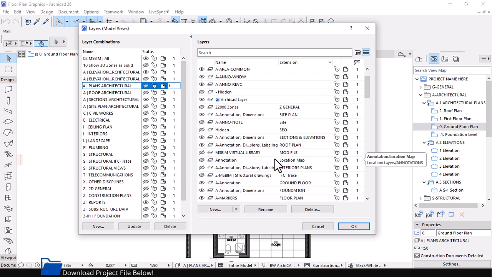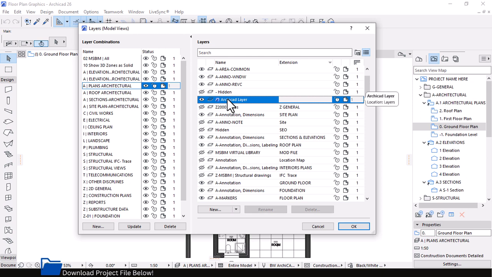There is one layer that comes with ArchiCAD that you cannot edit or delete, which is the ArchiCAD layer. It's very important to mention this. There's a reason why you cannot tamper with this layer. As you can see here, the rename and delete buttons are inactive. The reason is